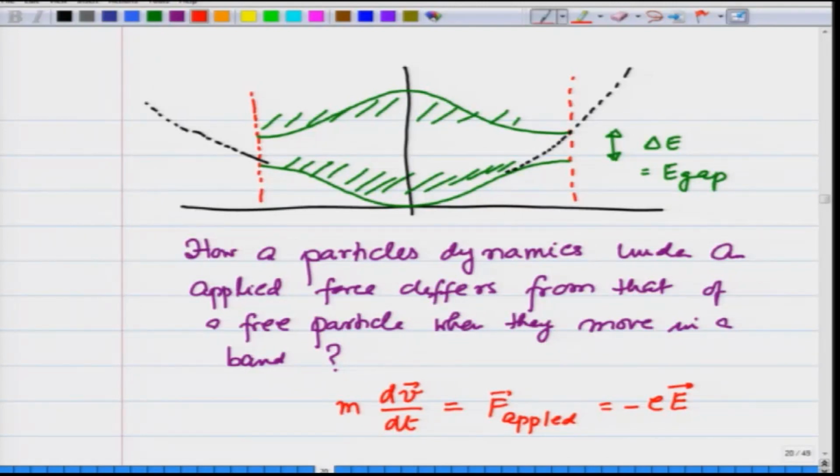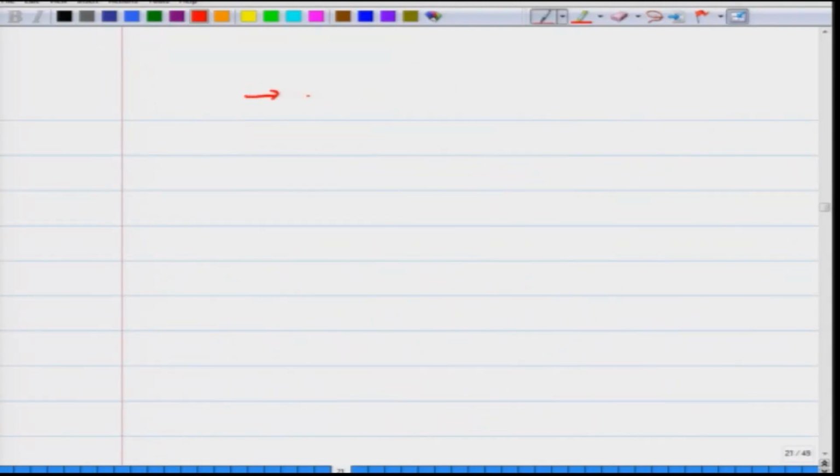And then the particle could move under this force accelerating until it was scattered, and then something happened. So, this was a picture that you started with right in the beginning of the course in the Drude model,